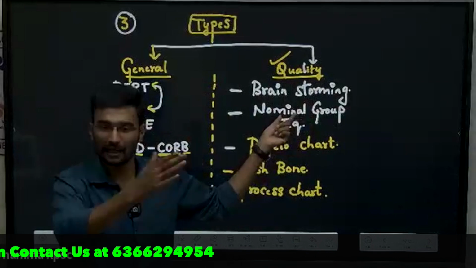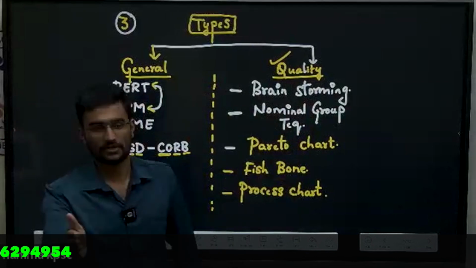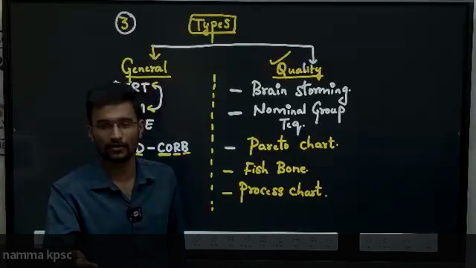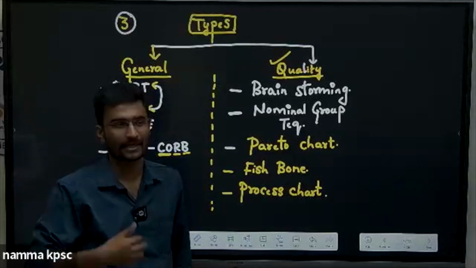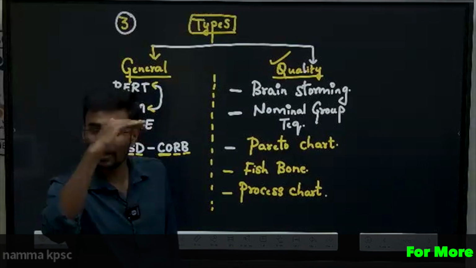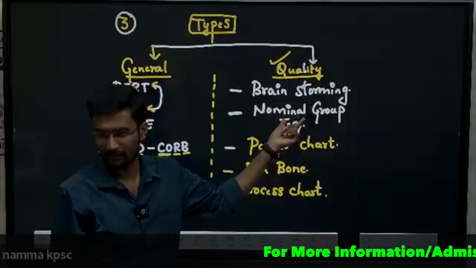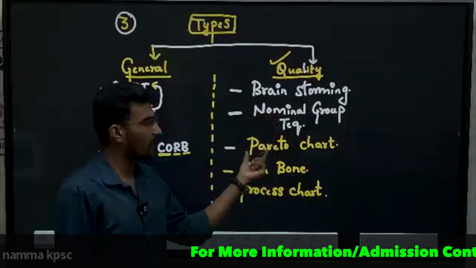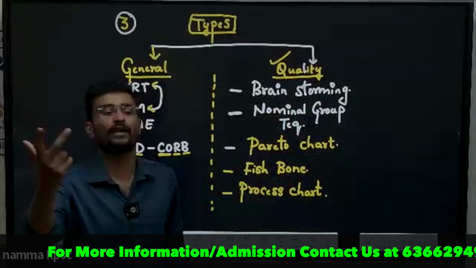Take traffic: there are n number of reasons, but what is the major reason? Population. The first reason is population, the second is more vehicles, I can say the purchase. If we organize these with priority, what do we call it? Nominal group technique. And the third one: if asked what a Pareto chart is, we use it as the 80:20 ratio,